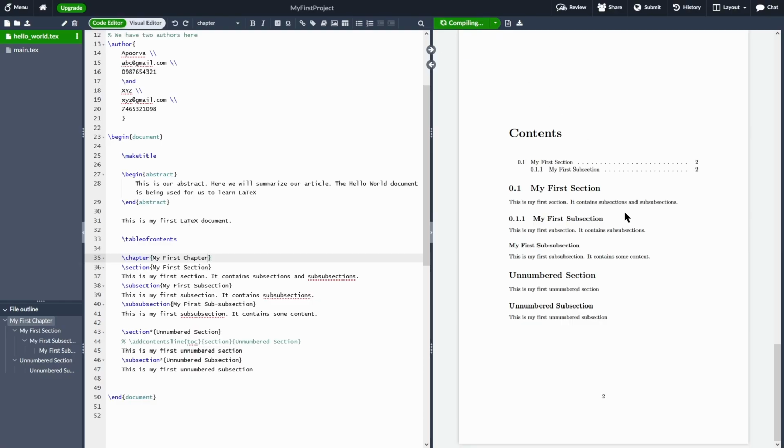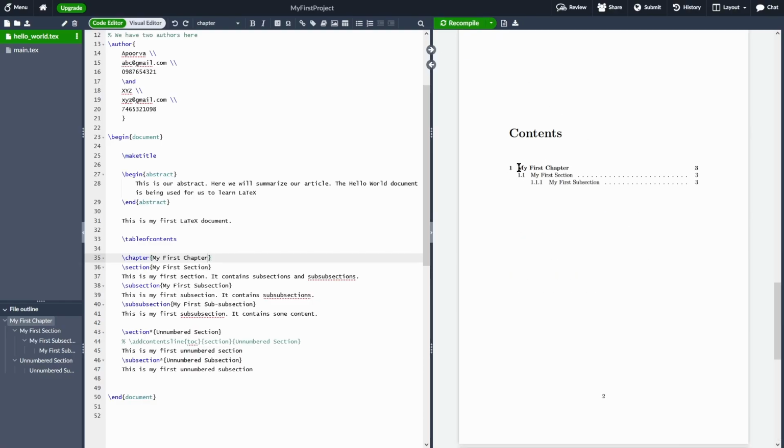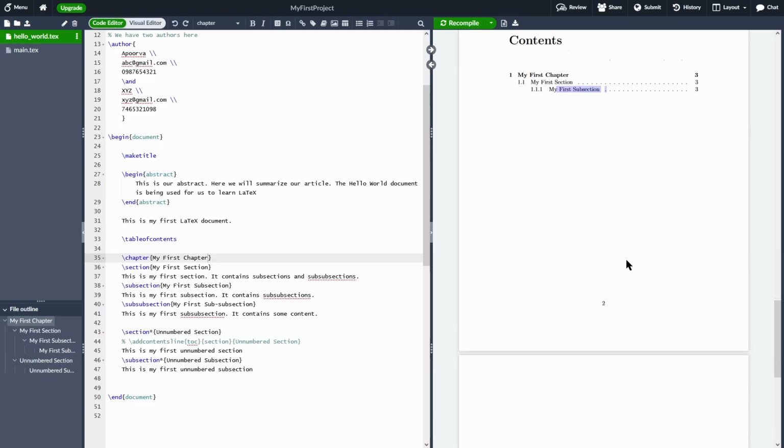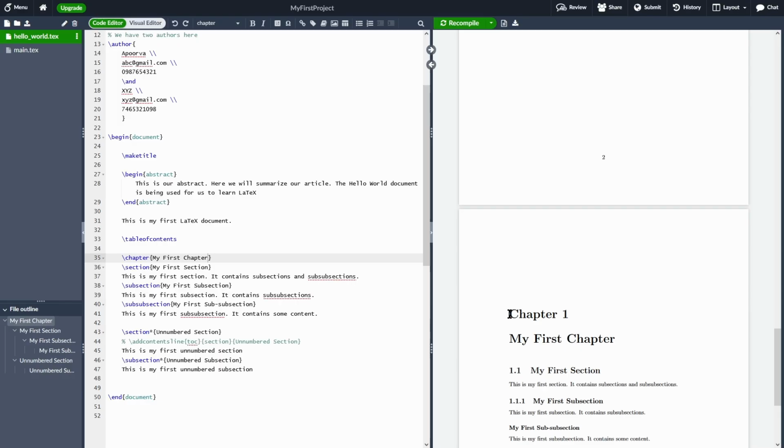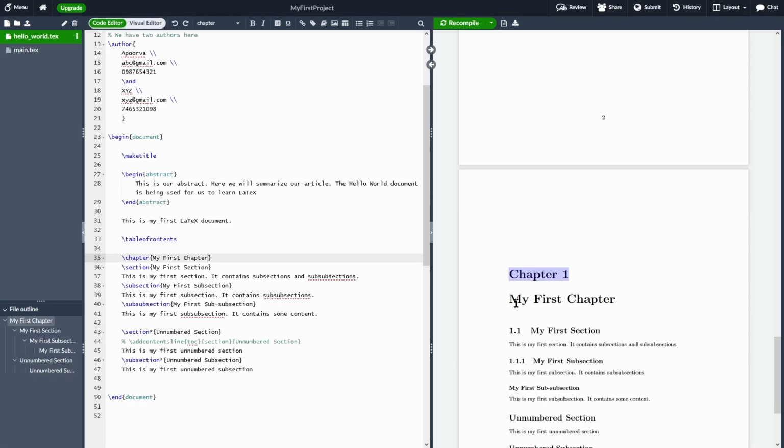Compile. Now you see, we have my first chapter. Inside that we have section, and inside a section we have subsection. Every time we start a chapter, a new page starts off. Note that the chapter command added these two entries. My first chapter is the title of my chapter. So chapter 1 is the chapter number. All I specified is the chapter title, and chapter 1, which is the numbering of the chapter, is automatically added